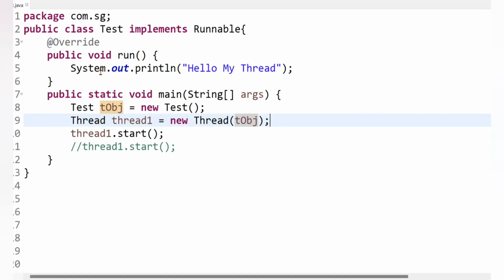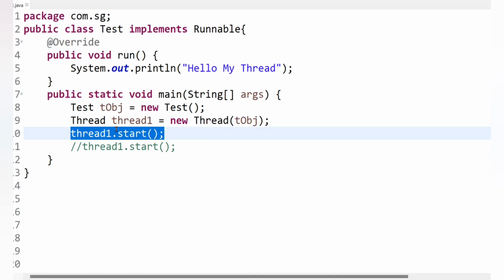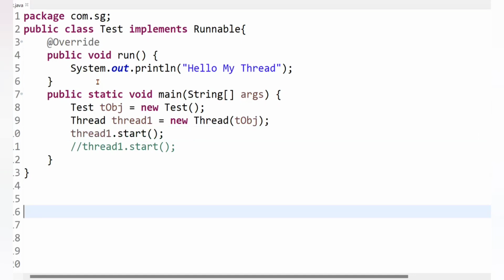So now this thread1 is in the new state but hasn't started executing yet. After that, control will come over here, and internally this thread1 is registered with the JVM's thread scheduler, and a new stack will be created for this new thread, and then the thread will enter the runnable state and wait there for its turn to be scheduled.